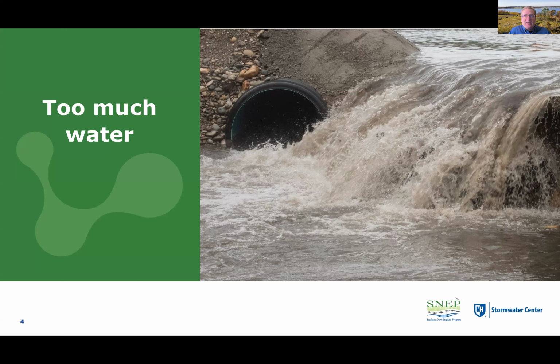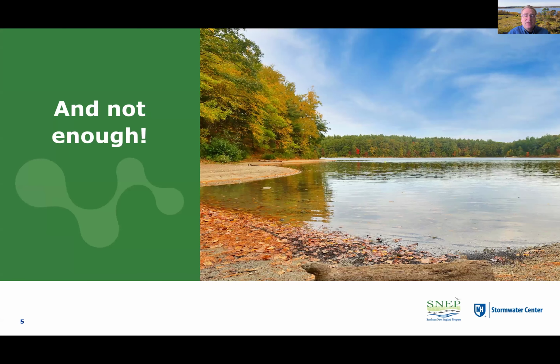From a surface water perspective, but putting it back into the ground where it's naturally filtrated and gets back to the streams as cool and clean base flow. So we need management because we have too much water. And sometimes, with climate change, we have periods of not enough water and drought. So again, another reason why infiltrating water back into the ground is the best way to really deal with some of these challenges that are likely only going to increase as we move into the future.